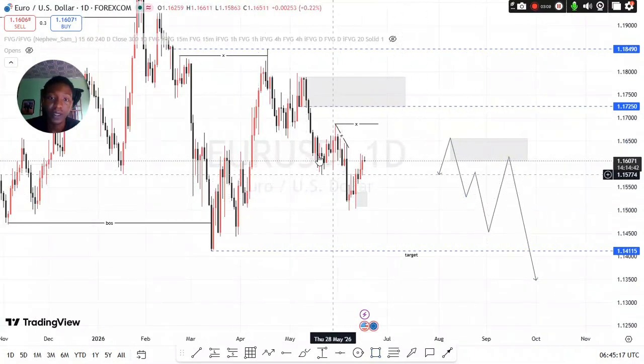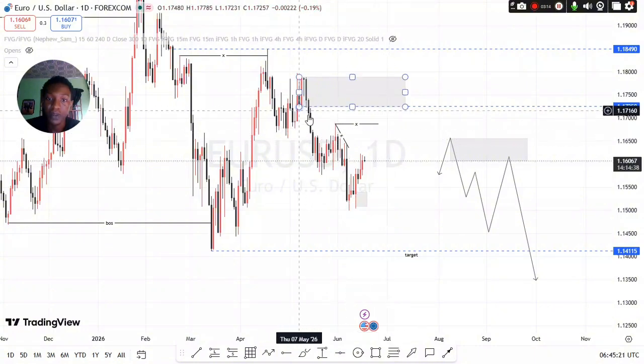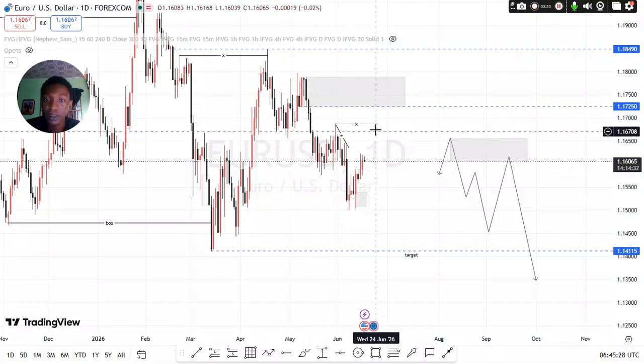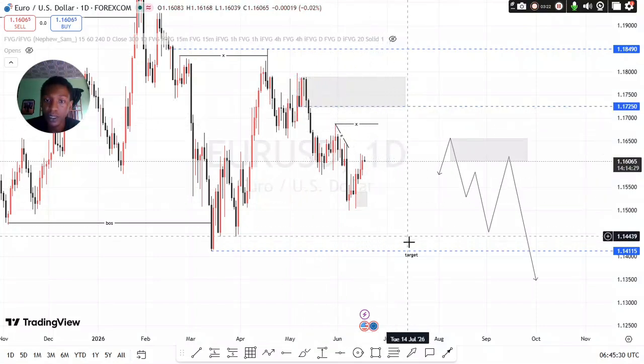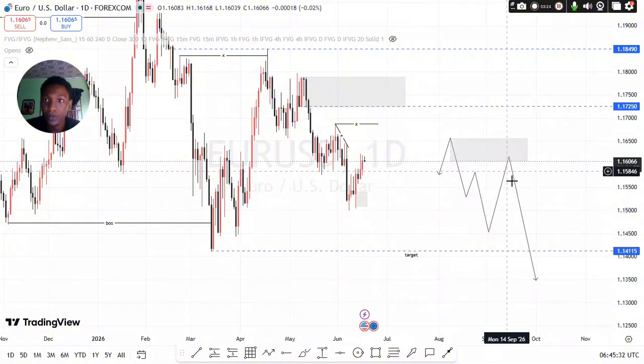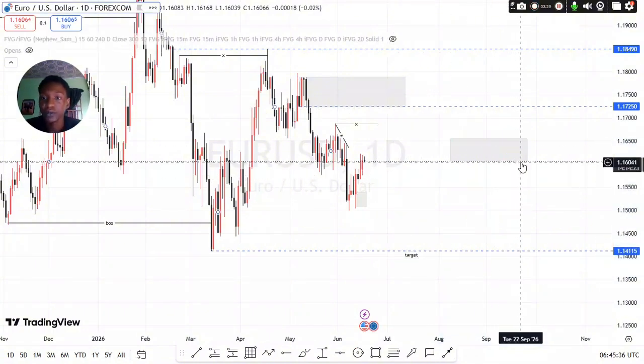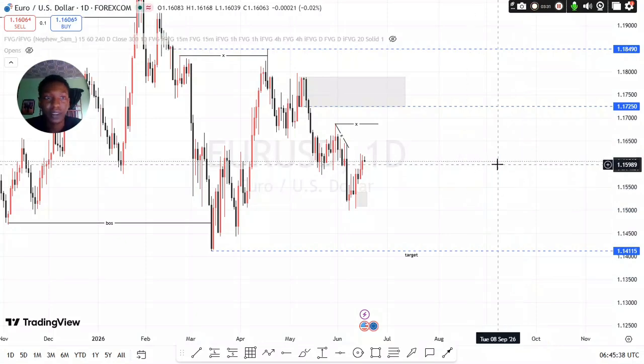So that's why I anticipated a buy here, because I wanted price to sweep out this liquidity. There's a lot of fair value here, right? So I wanted price to take out this high, tap into this order block, and keep on selling to this target. So yes, you understand why I'm taking a buy now. So yesterday in the market preview,